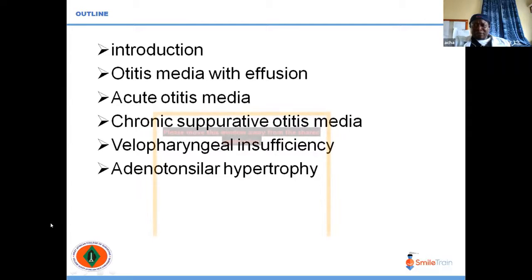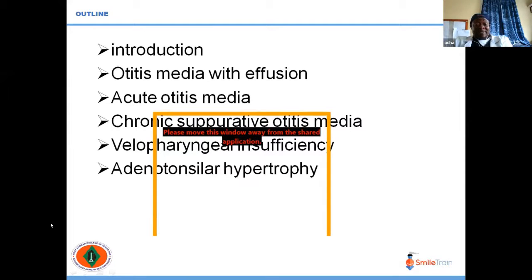This is the outline that I'm going to take. I know that there are people interpreting. I hope that I will be slow enough for them to be able to interpret. Normally I speak very fast, but I will try to be quite slow. That said, we're going to talk about the role of the ENT surgeon in comprehensive cleft care. And as you will see at the end of this presentation, the ENT surgeon has a lot to provide.